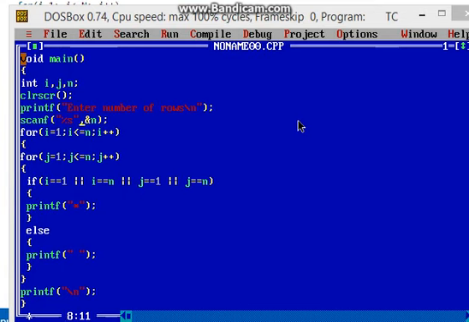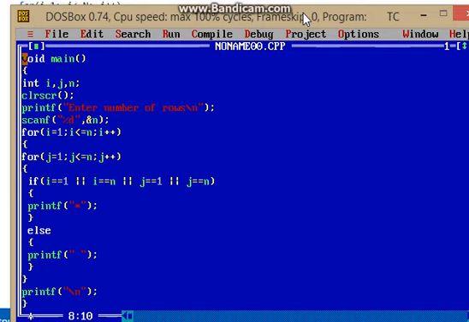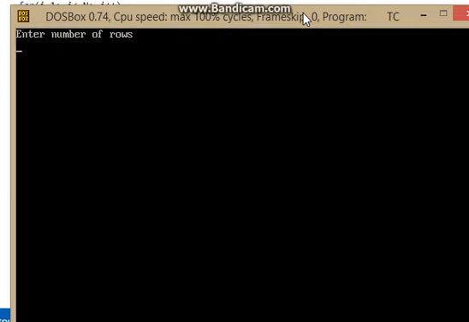Sorry, we have used the wrong format specifier, but we have to use %d. Now run this code, enter the value, that is 5. Total number of rows is 5 and total number of columns is 5. In this way we can print a hollow square, a hollow rectangle.